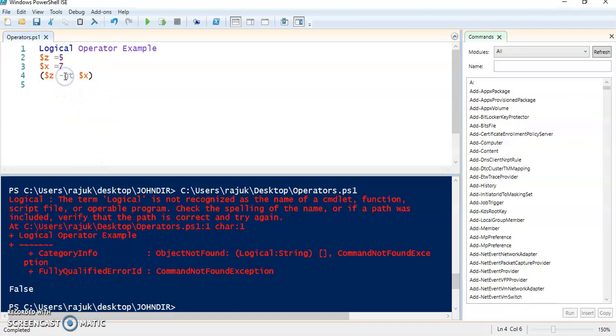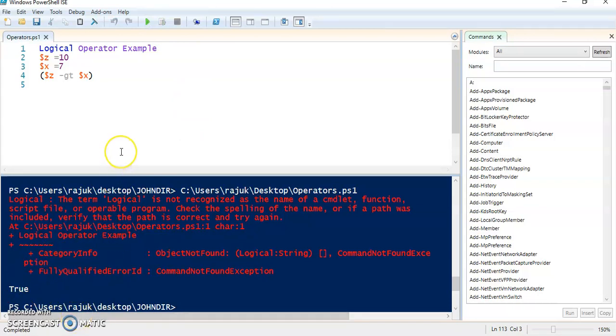If you write plus here, it will show this is right. If you write 10 here, this condition is right, so it will show true. You can see here.